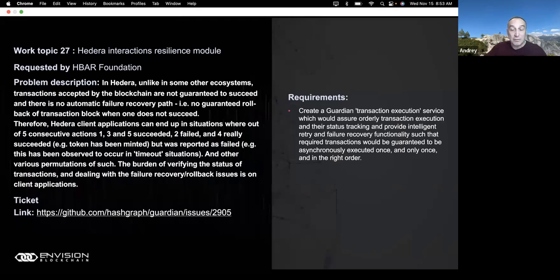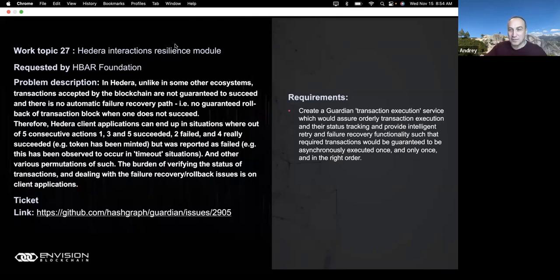Some of them we've observed frequently internally, and it's to do with the way Guardian, Hedera SDK, and Hedera process requests, and there are multiple points of failure that can generate complex error situations with which at the moment Guardian doesn't cope very well, or I don't know if other applications do. But in case of Guardian, we found those issues, and we attempted previously to solve it simply. It turns out that every time we think we've solved it, a new error situation comes up which is not covered by our solution.